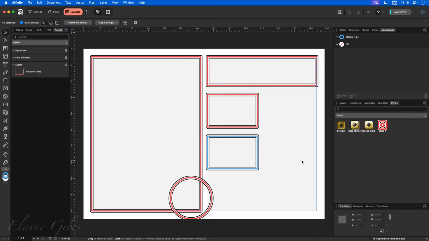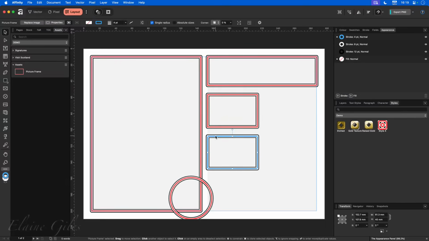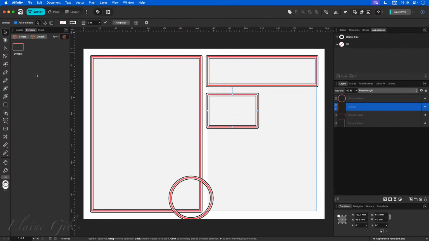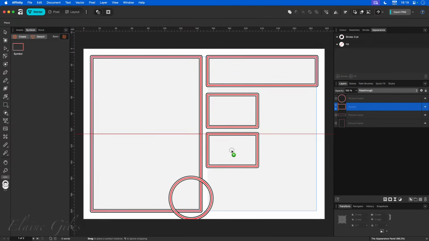What options did I have? Well, what should I have done? Well, I would be able to update all of these, wouldn't I, if I'd used a global colour? That would work. But there is another way to do it as well. So let's get rid of this blue one, right, and get back to this one. And I'm going back to my vector, and I have symbols, and I could create a symbol. So with it selected, I create a symbol,